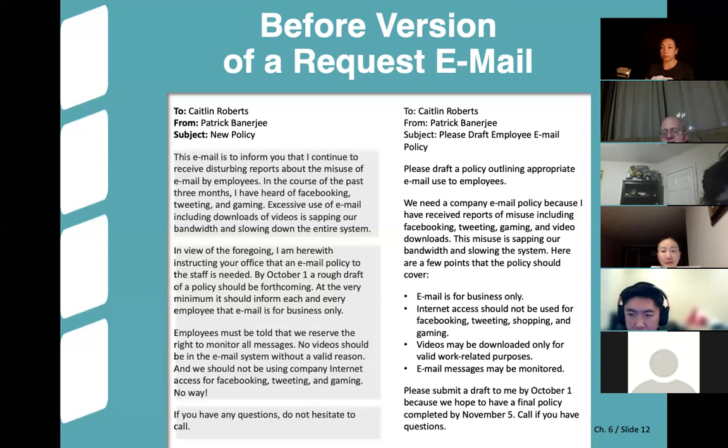Now, doesn't that sound more friendly? And because it was broken out into bullets, instead of condensed into these heavy paragraphs, it's easy for Caitlin to pull out the things that she needs to include when she writes it. Right? So this whole thing is for the speed and the efficiency and the convenience of the reader.